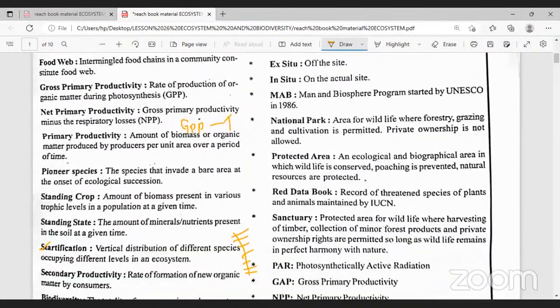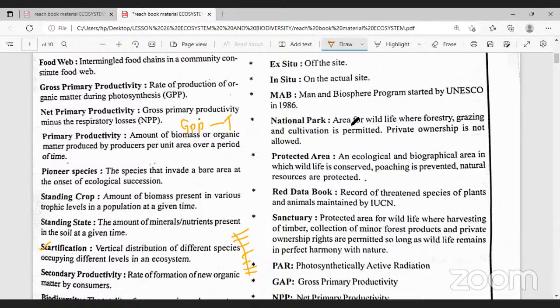And the national park, this is very, very important. Why are we constructing national parks? Many national parks are present. A national park is nothing but a particular area, for example 1,000 acres, 800 acres, or 2,000 acres. In that particular area, plants as well as all the living organisms grow and are adapted.